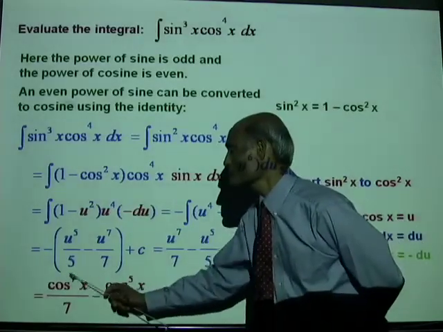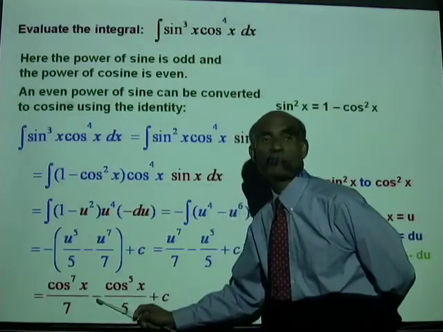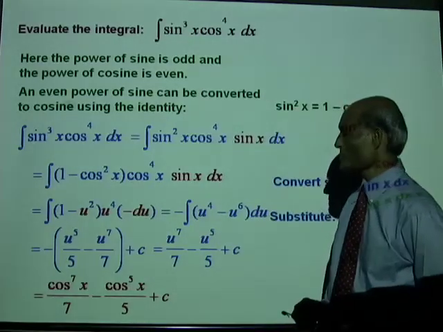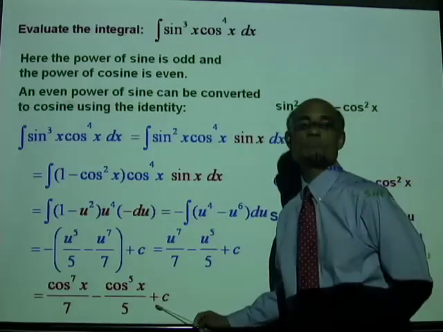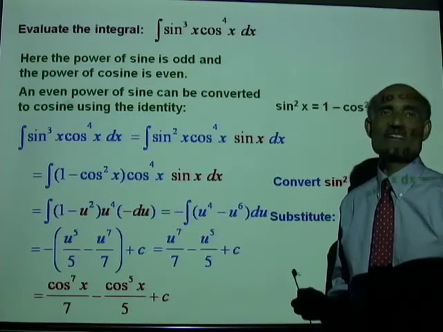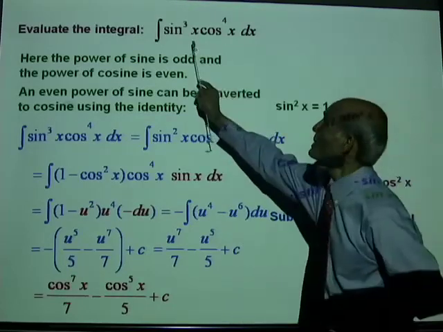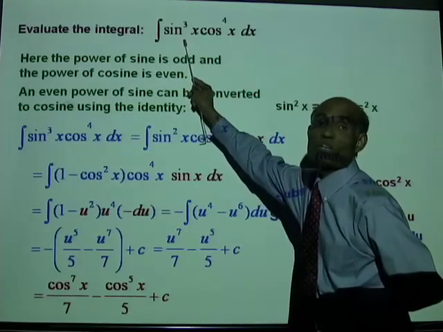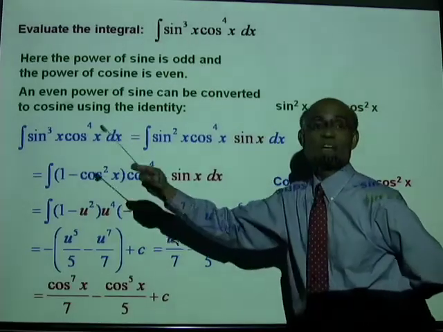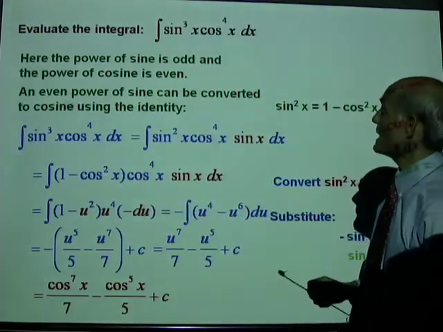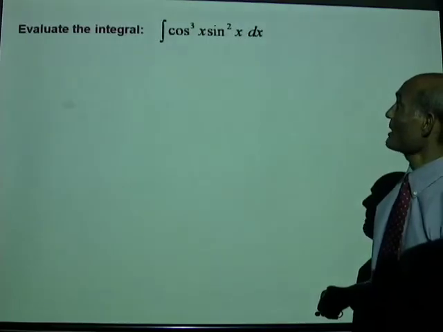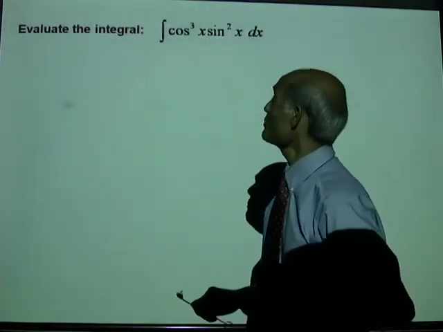That will be cos to the power of 7x over 7 minus cos to the power of 5x over 5 plus c, is that integral. So look at the details of what we did in here so that you can actually use it in later integrals. Another one. Evaluate the integral